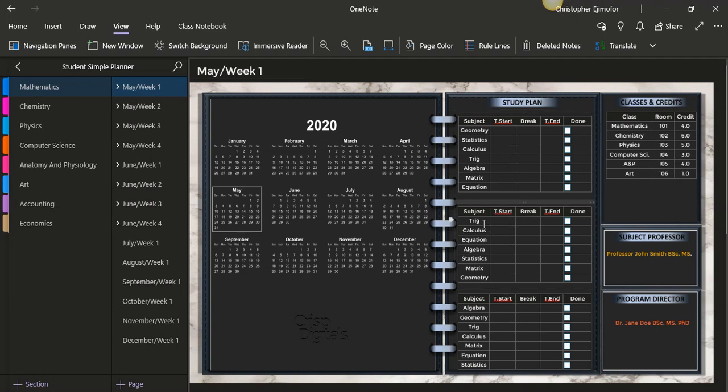Okay, so I did 3 sections of this, and what I did here, you notice that I switch the study plan. So if you study geometry and statistics in one day, the next day you might decide to study trig, or the next week you might want to study trig and calculus. I just switch them the way I wanted. You guys can do whatever you want when you create this table. This table doesn't come with a planner. Okay, you will have to create this table yourself. All I'm giving you guys is a